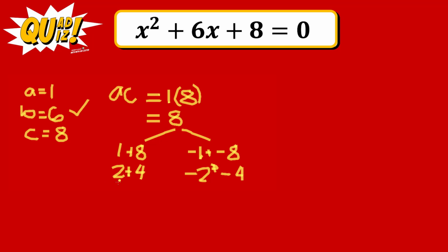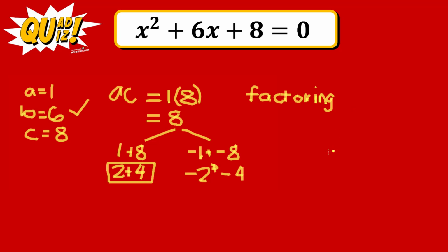And there is. That's this pair of factors here. 2 times 4 is 8. 2 plus 4 is 6. This means that this is factorable. This given trinomial is factorable. In short, we are going to use here factoring in order for us to get the roots. Okay? Factoring methods